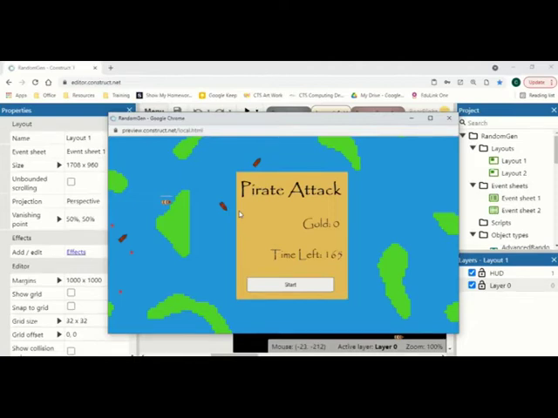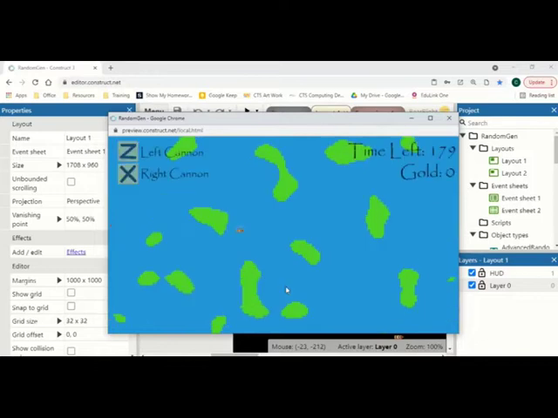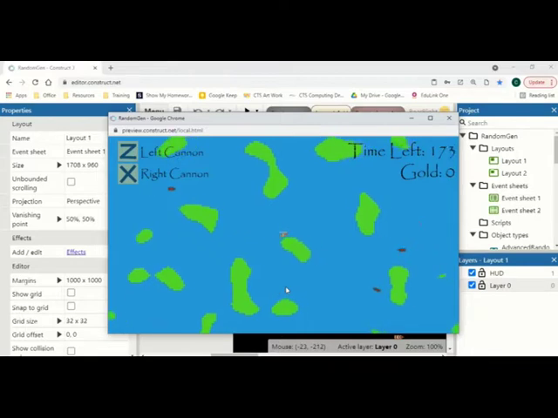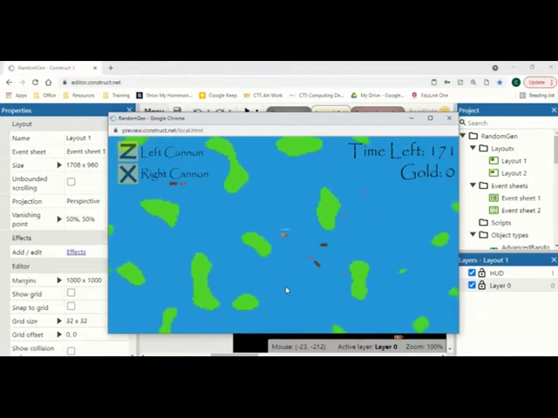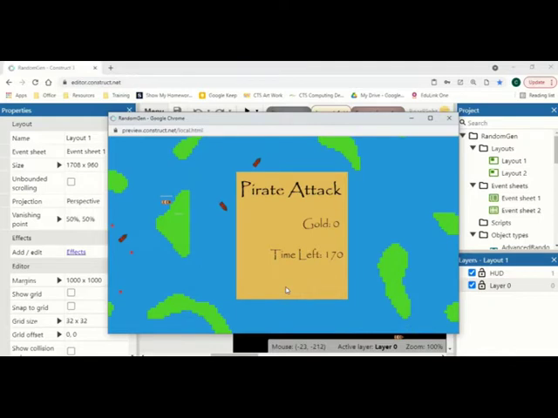This is Pirate Attack, a short concept that I built over the weekend. I just want to start it now. And what we do is we have our boat in a procedurally generated level. Now, to show you that this is procedurally generated, if I was to die and start the level again, a